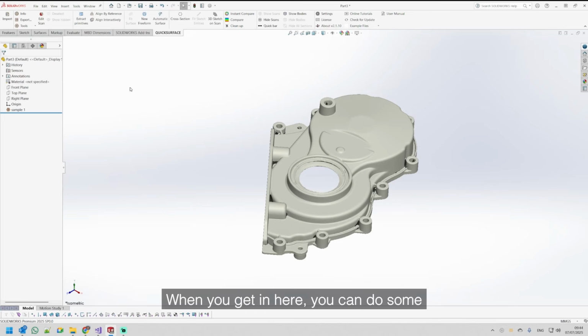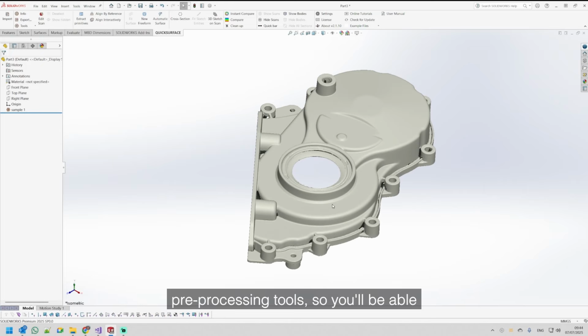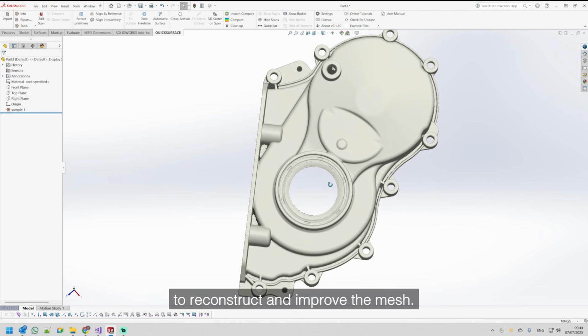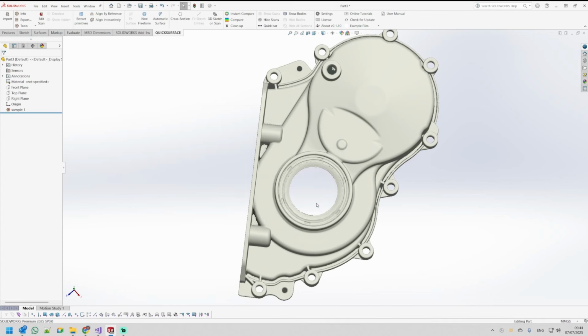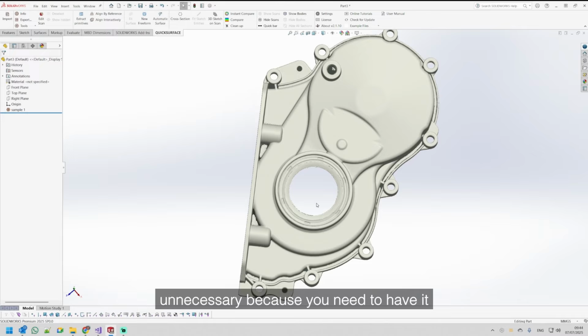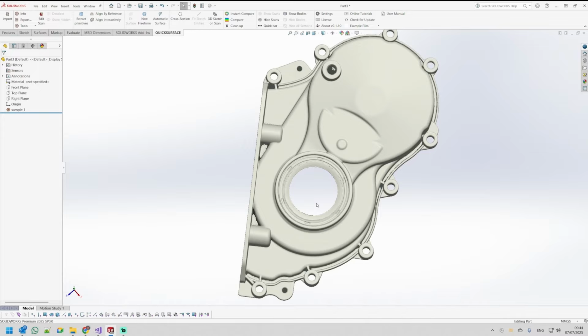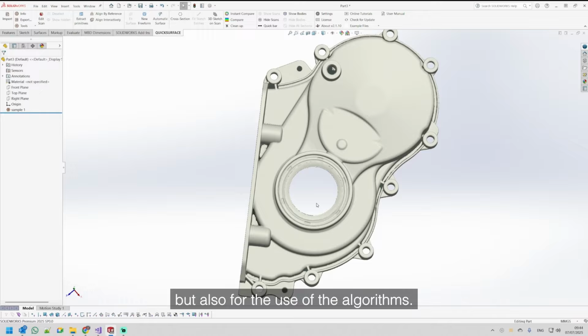When you get in here, you can do some pre-processing tools, so you'll be able to reconstruct and improve the mesh. For example, here, if I take a look, it's around 6 million triangles. But in many cases, this is really unnecessary because you need to have a much lighter mesh, not only for visualization purposes, but also for ease of use of the